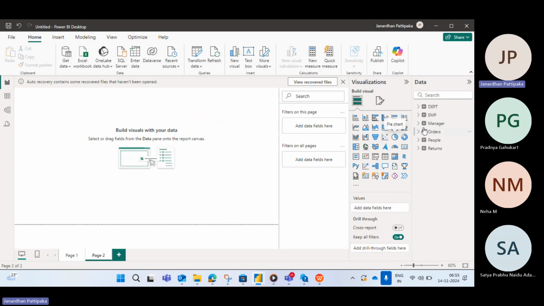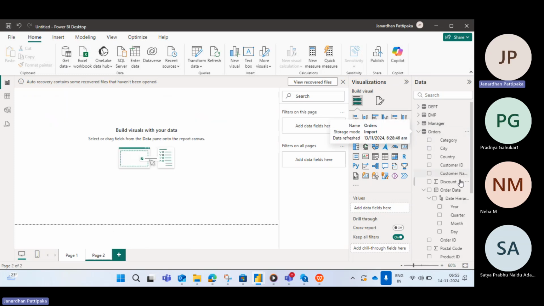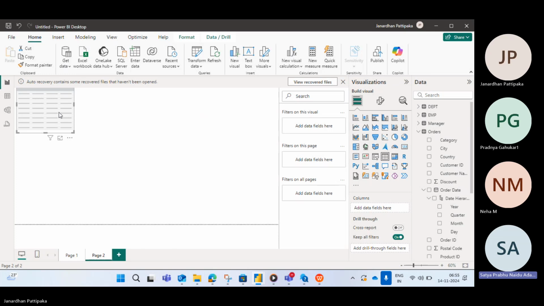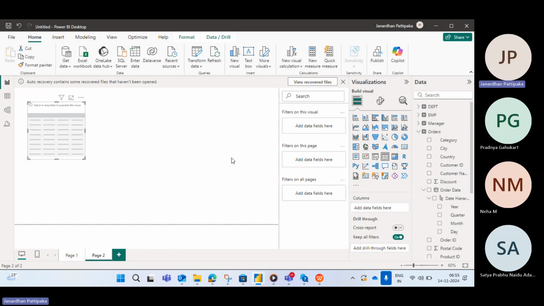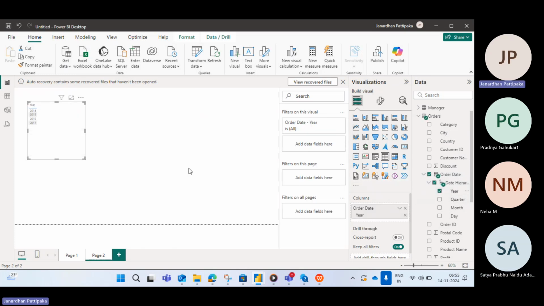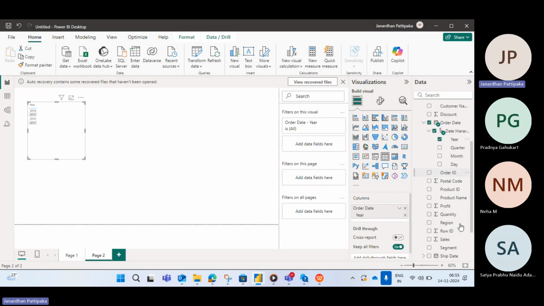So what I will do, I will come to the orders table. In the orders table, I will create one table for you. To select the table, you need to select the table over here. I want year-wise sales. So I will come to the order date. In the order date hierarchy there is year. When I selected year, it came. Now I select